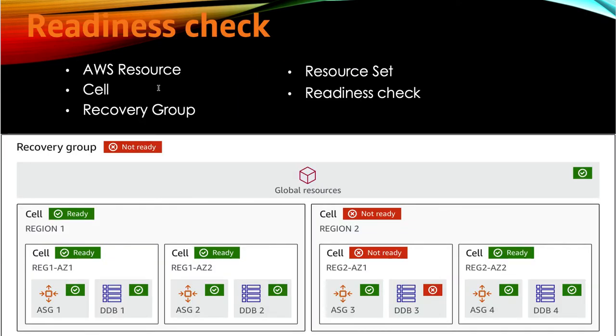So it has 5 different components. Basically, first is AWS resource. This readiness check, if I remember correctly, has around 17 or 18 different resources you can use, like ASG, EC2 instance, databases, ELB, auto scaling group, and several other. So what it does is it checks for these resources to make sure that they